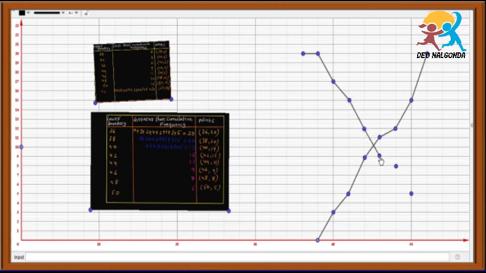After joining all the points, we get one intersecting point. So denote it. The intersecting point is here. Here we have to draw a line parallel to the y axis, or we can say perpendicular to the x axis. So that will intersect the x axis at some point. Just observe the coordinates of that point, 40, 42, 44 and 45. So the x coordinate of that point will be the median. So the median is 45.